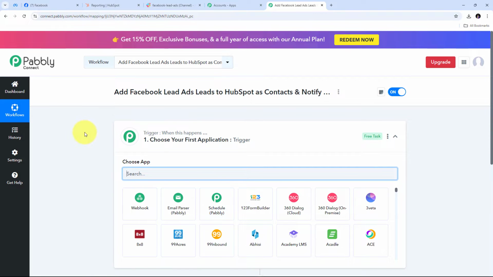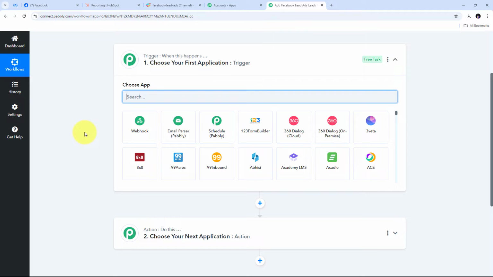And here this will take us to this most important window of our workflow. Here in this window I have two boxes of trigger and action. These are the two main principles on which our workflow works. Trigger says when this happens, action says do this. Trigger is going to be the first step that will get executed in our workflow, and action is just